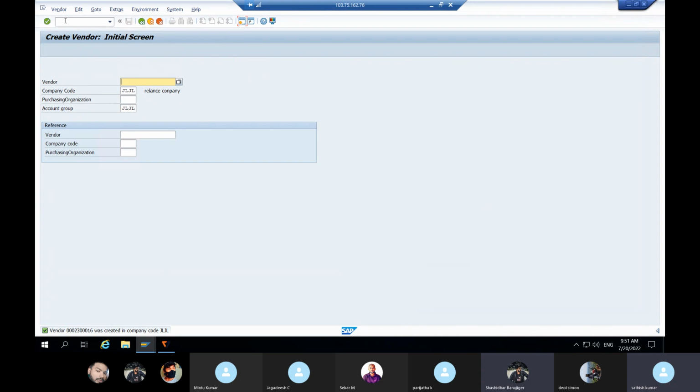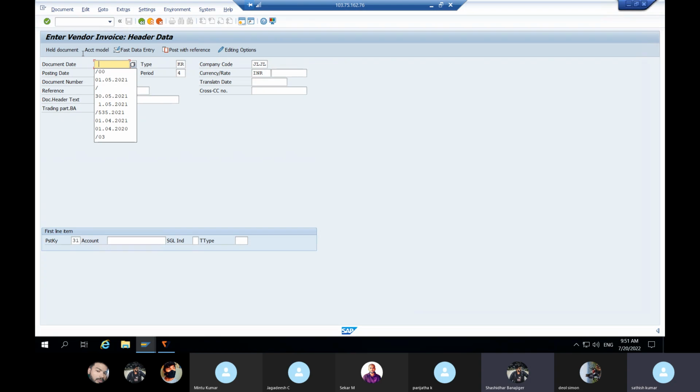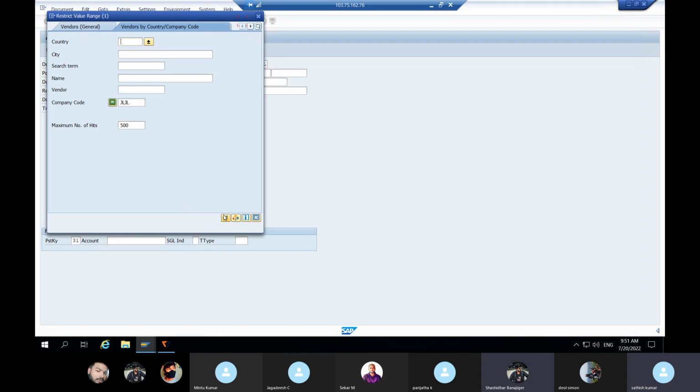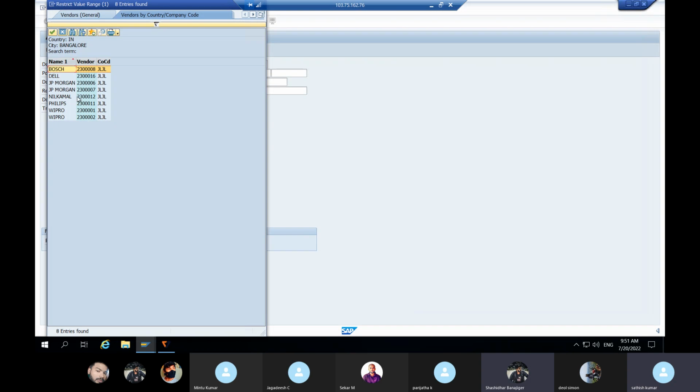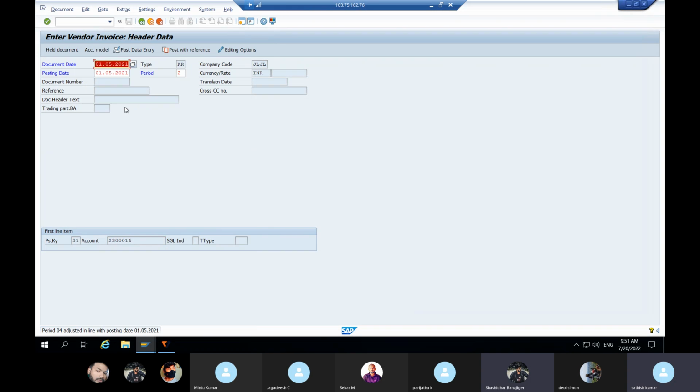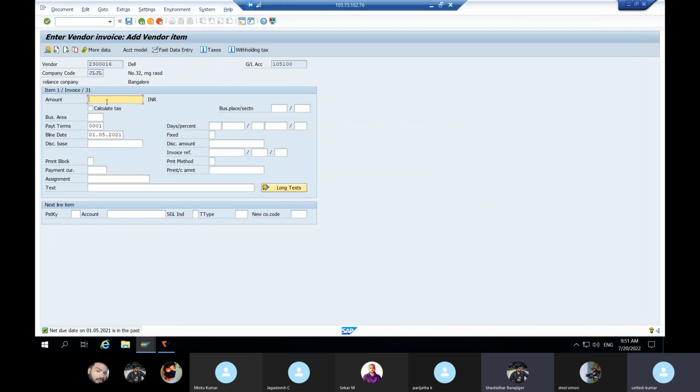So now I have to do the posting. Go to F-43 and update your document date and posting date here, and select your vendor now, Dell, enter now double time, update some invoice amount, for example